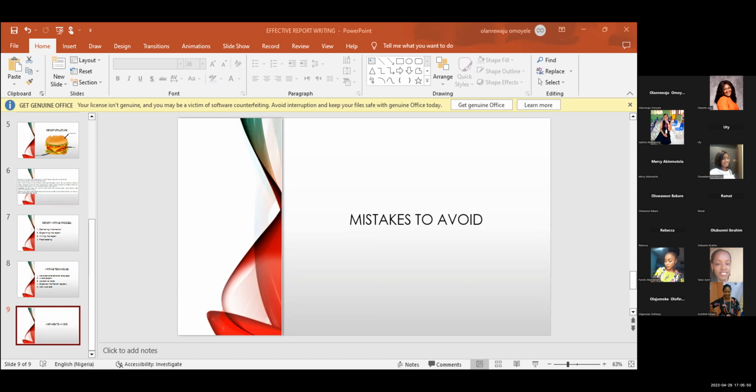Let there be evidence, sources to show that this thing happened on so and so date, this thing happened in class, or at this place or that place. Always avoid the mistake of just writing without having your facts or evidence ready.